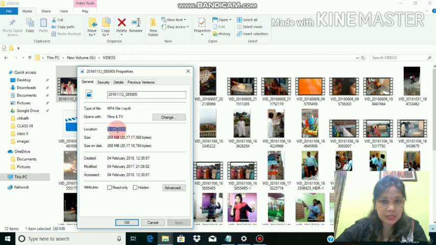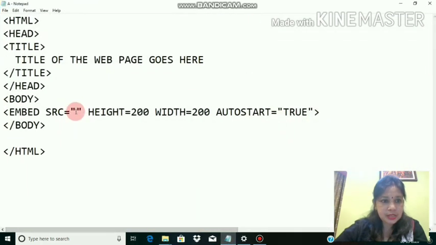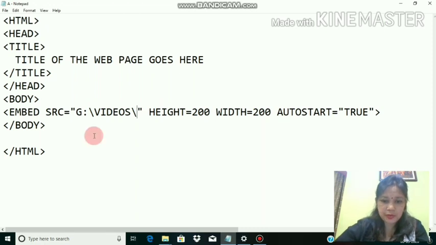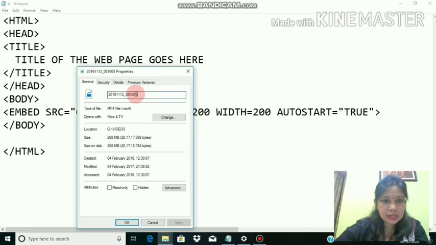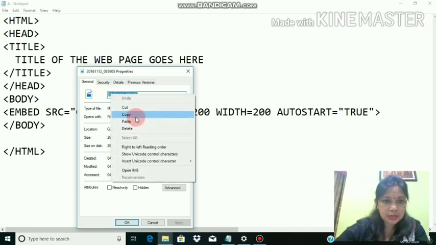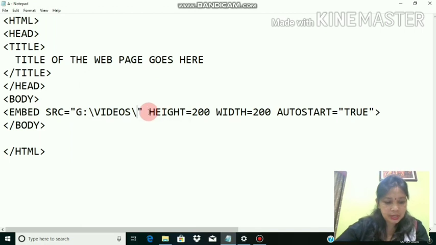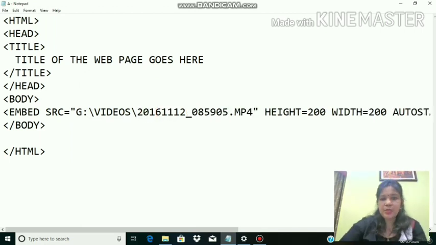Copy the location. Right click, copy, paste it in there, and again that slash. Now the name of the video and then the extension. Name of the video is this whole thing. You copy it, and then the extension is MP4. So here you paste it, Control V dot MP4. Okay.